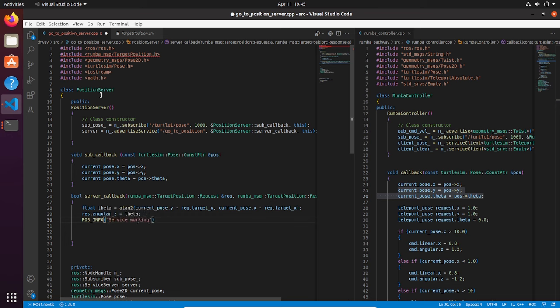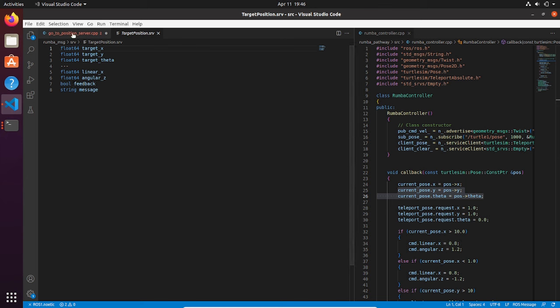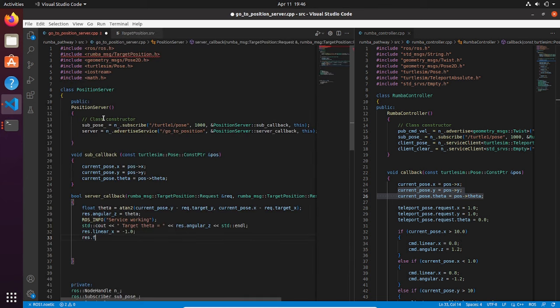Then we can print on the terminal some information, like the angle that has been calculated so far, and then we can fill out our response message. For the structure of the message, it will be linear_x equal to -1, and you will see later on why we're going to put that value. Then we're going to put our feedback message